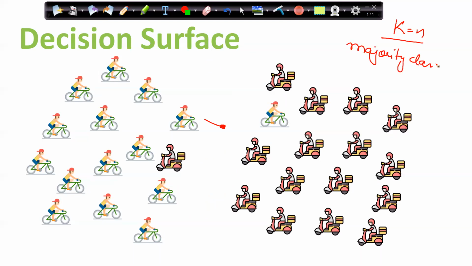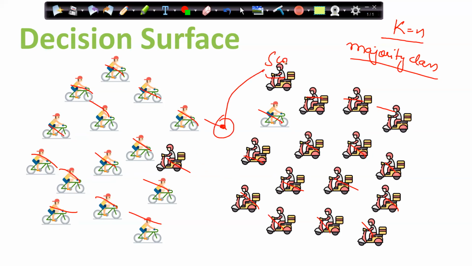Majority class. If you see here, 1, 2, 3, 4, 5, 6, 7, 8, 9, 10, 11, 12, 13, 14, 15, 16. 16 scooters are there. 1, 2, 3, 4, 5, 6, 7, 8, 9, 10, 11, 12, 13, 14, 15. 15 cycles are there. So this guy will be automatically classified as scooter.